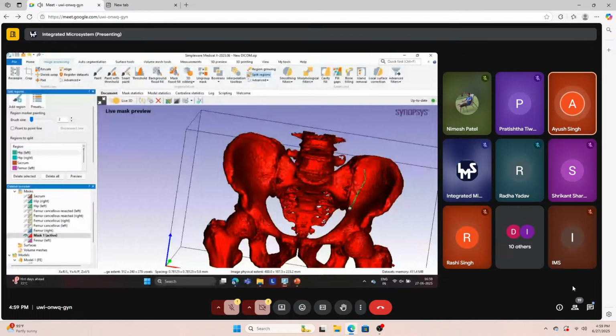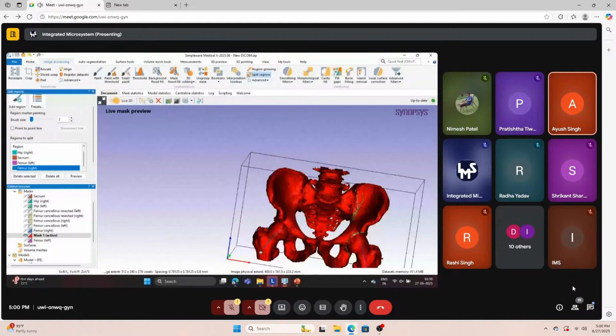Similarly, we will be selecting the left framework directly from here, the right framework from there, that hip right over here, and then the sacrum over this side. So once this has been selected,